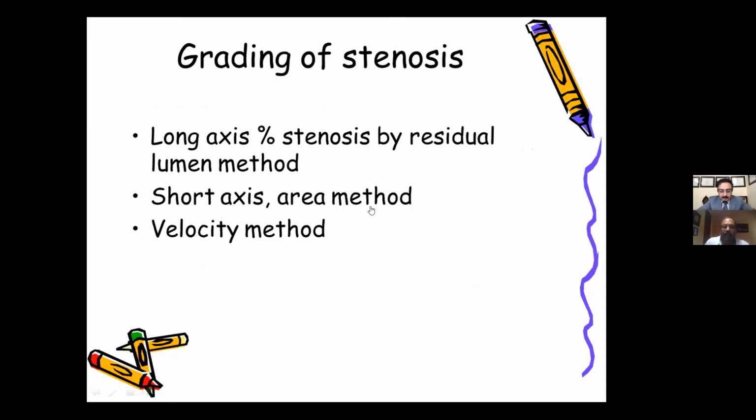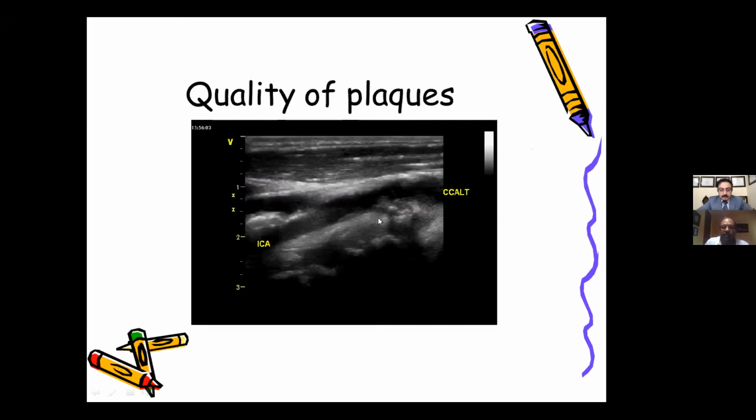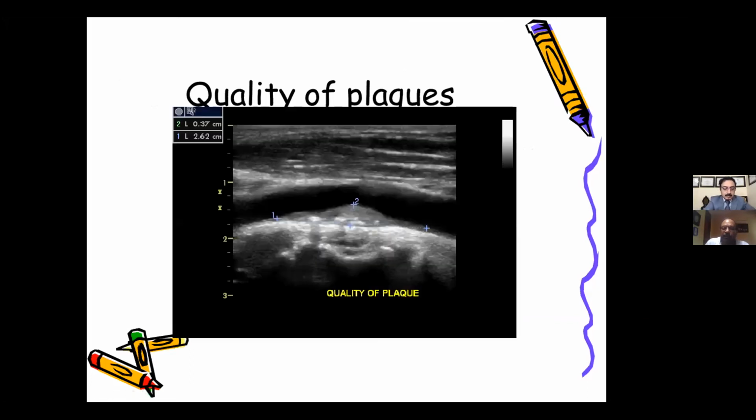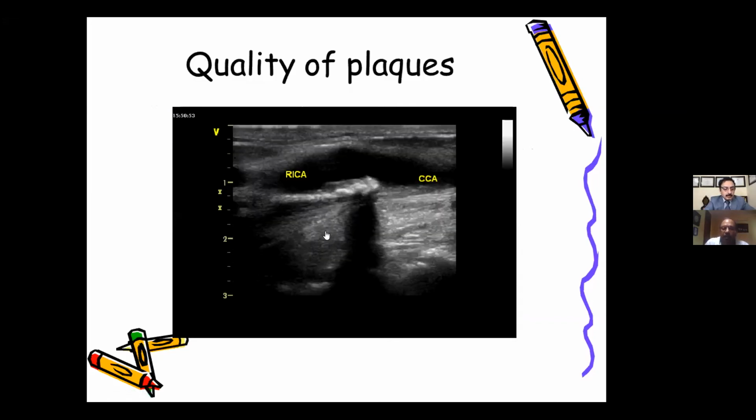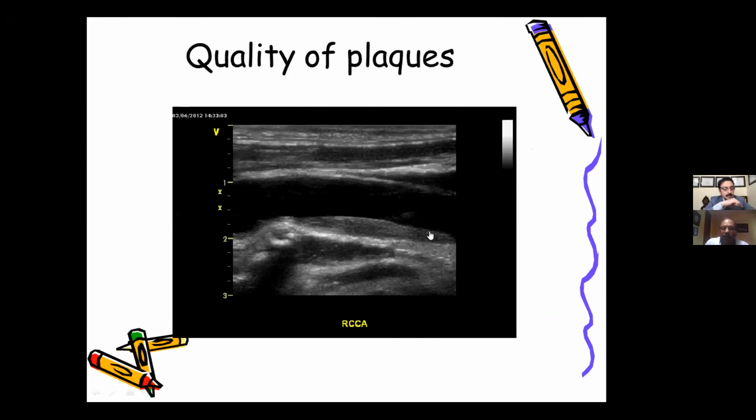When we have a plaque where ulceration is positive, that patient is definitely a candidate for intervention. Here is a plaque which is heterogeneous, with some amount of calcium present in it. Similarly, we can see a fibrous plaque with some amount of calcification. So these kinds of plaques can easily be evaluated by doing a Doppler. Look at this plaque over here in the common carotid artery. You can see a fibrous plaque with some amount of intraluminal calcification in the plaque.